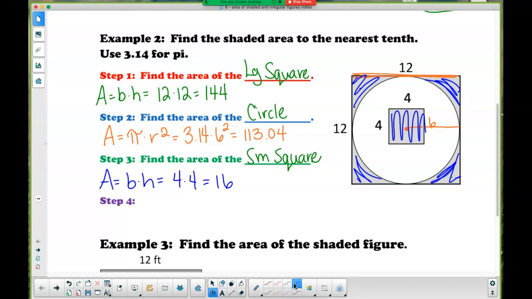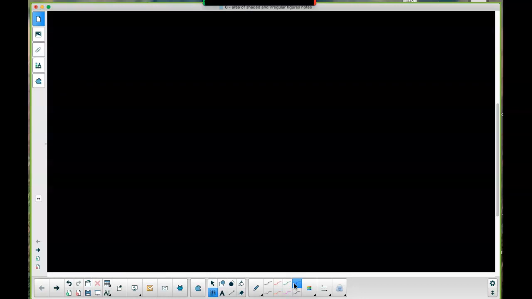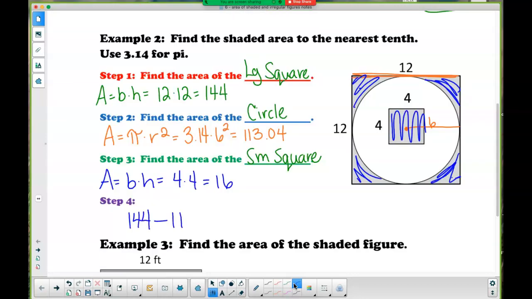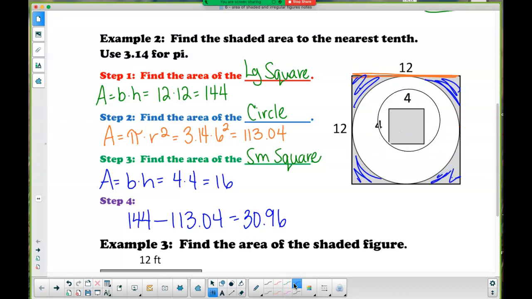Everybody agree with that? Okay, so I'd have to do 144 minus 113.04, which is 30.96. Okay, when I did that, I took out everything, right, including the middle square. So that means I have to put back this middle square. How do I put that back? Add it. So I'm going to add 16, and I get